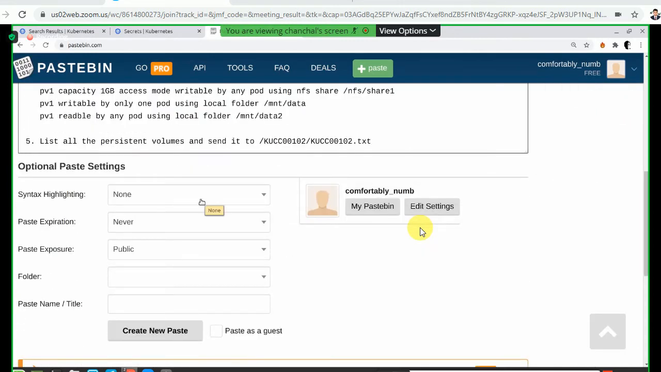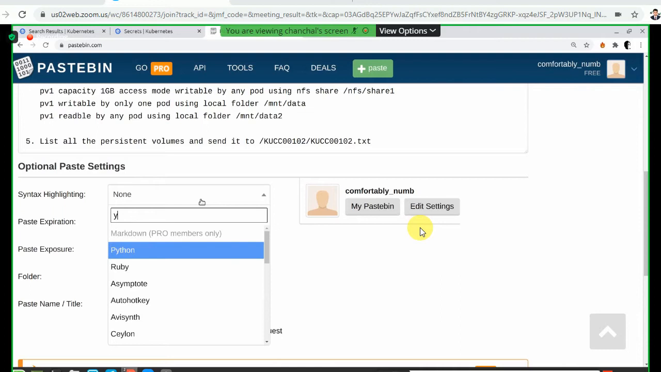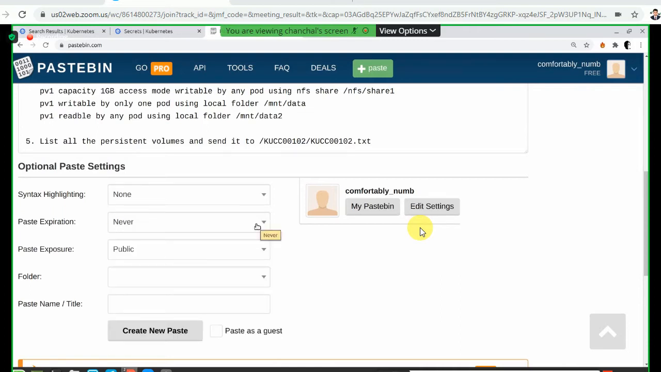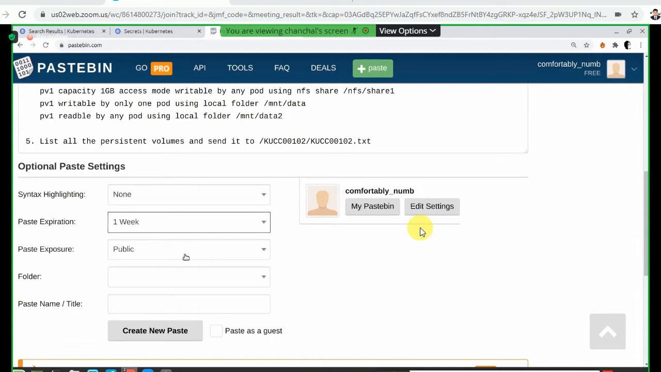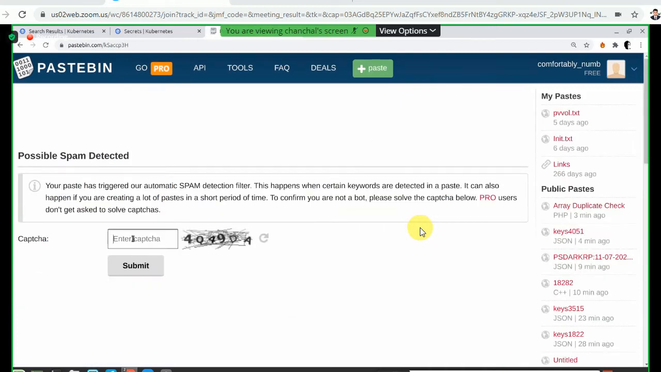Otherwise he is not going to allow. So first of all, syntax highlighting YAML. No, there is no syntax. It is plain text. You don't require it. Paste expiry, 1 week. Okay, next, public folder. Paste name type. Challenge.text. Okay, and once created,